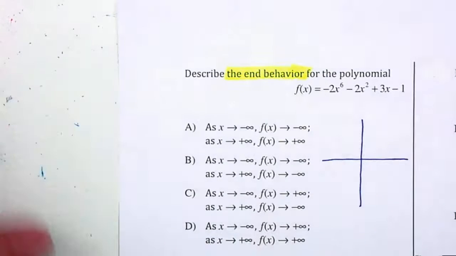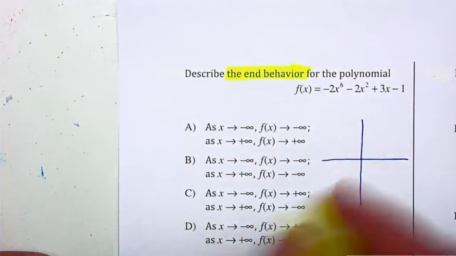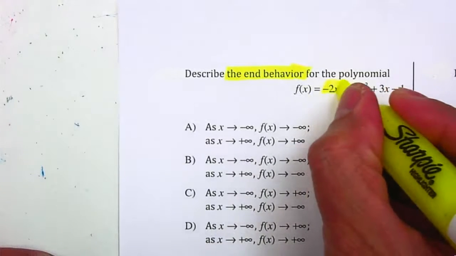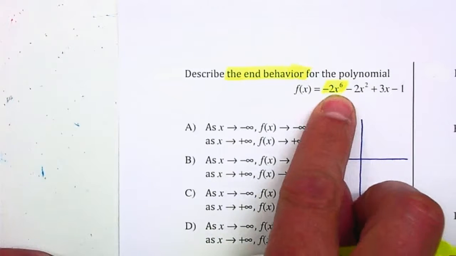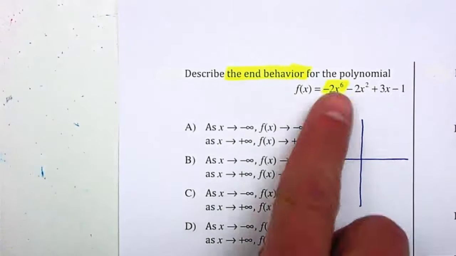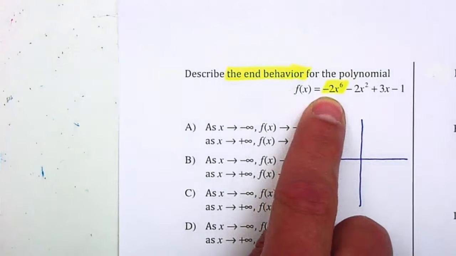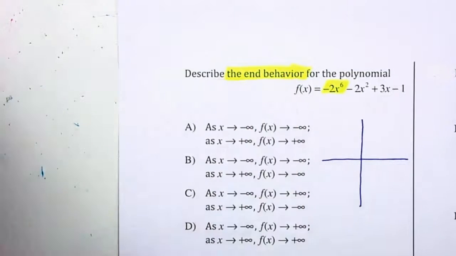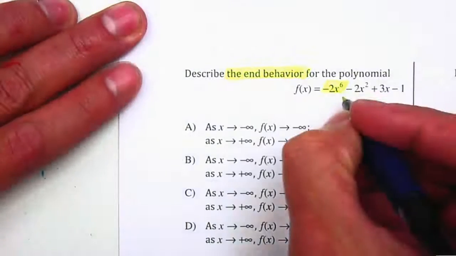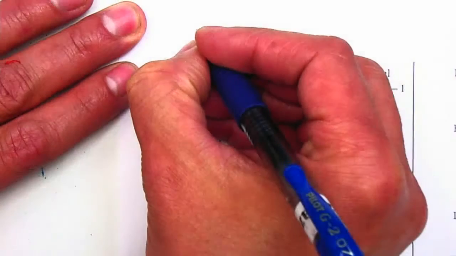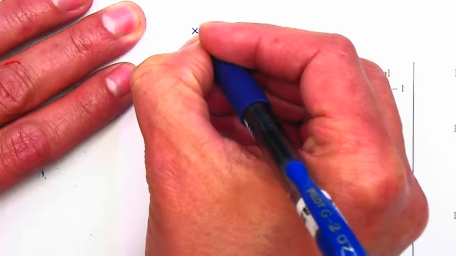And the end behavior is determined by the degree of the polynomial, the leading term, the first term, the one with the highest exponent. So that's called the degree of the polynomial, 6. And this will determine your end behavior. If you remember, when we covered end behavior, we know that whenever it's even, for example, x to the 4th,